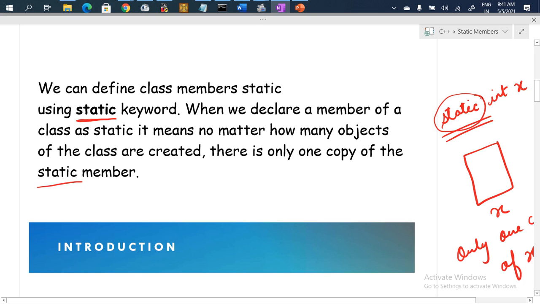So I am going to use just a single copy of the static member. This is why we use the static keyword and make our member functions or data members static.